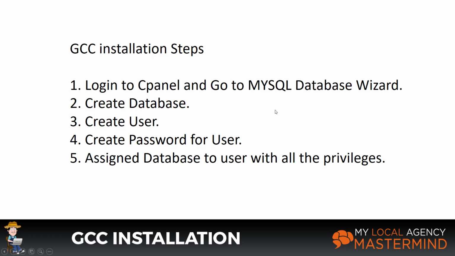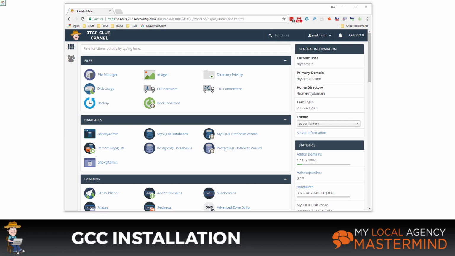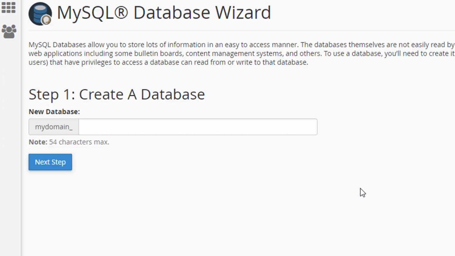Now what we're going to do is log into the cPanel. We're going to go to the MySQL database wizard. We're going to create the database, create the user, create the password for the user, and assign the database to the user with all the privileges. So all the database stuff basically. So let's do that. Let's go to the database wizard here, and we're just going to give it a name,